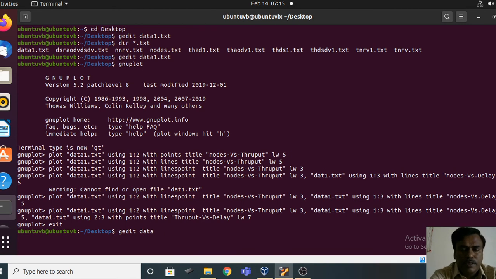So let me take the file name as, say simply, otherwise say data2, this is data2 dot txt.